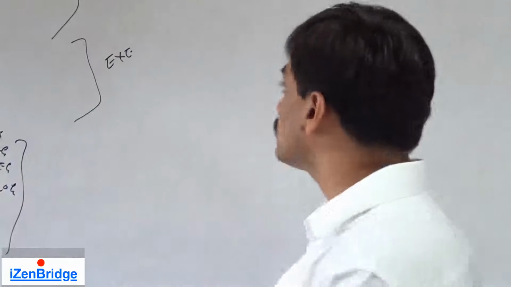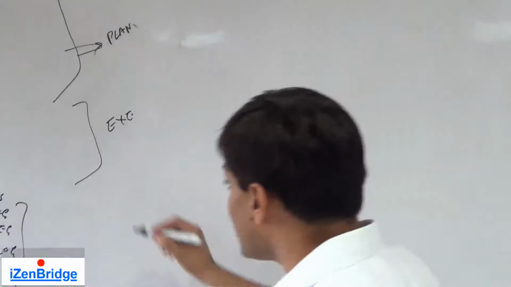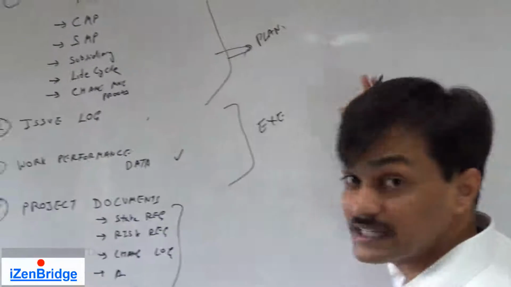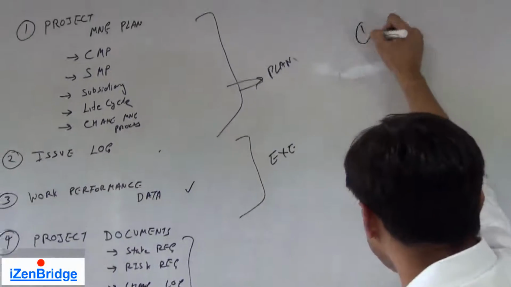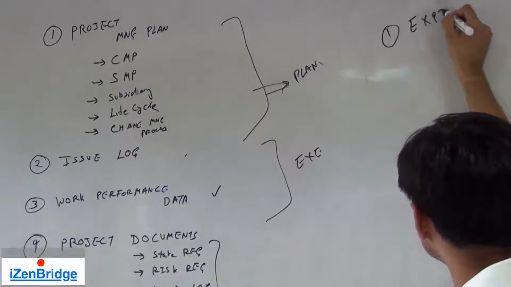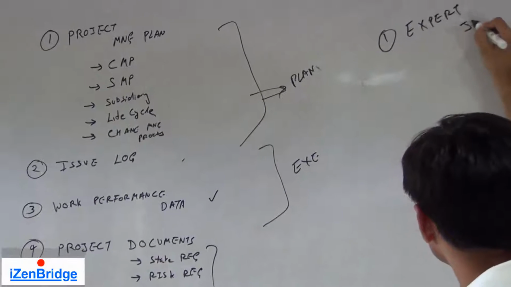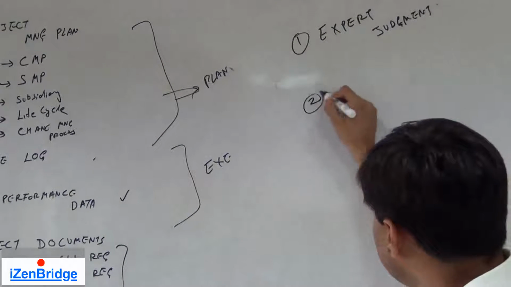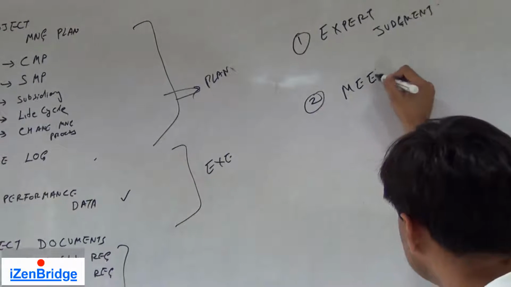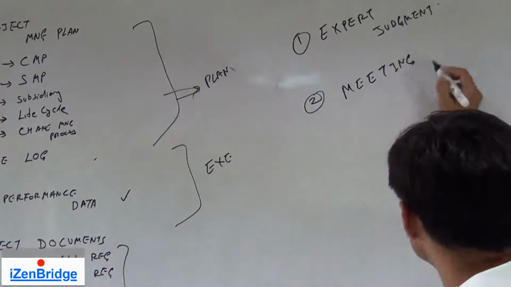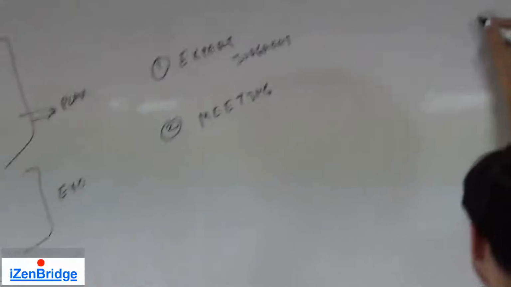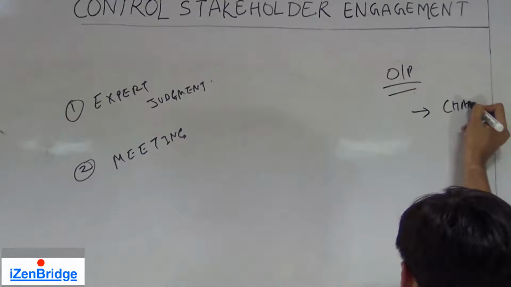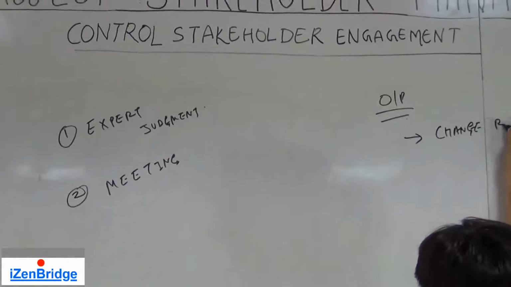So experts will come together and will start analyzing the data which is coming from the issue log, work performance data, and look at the plan, and by applying expert judgment and meetings, they try to identify the output. The primary output of this process is change